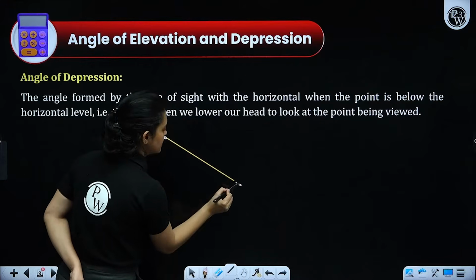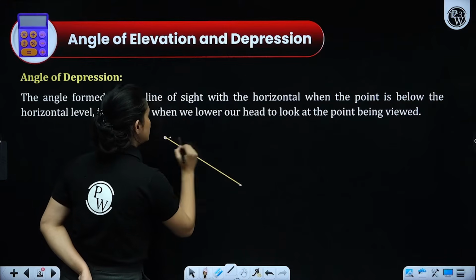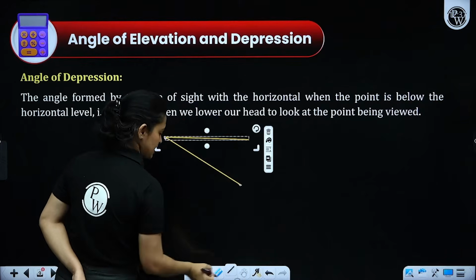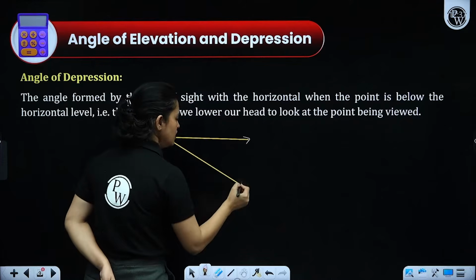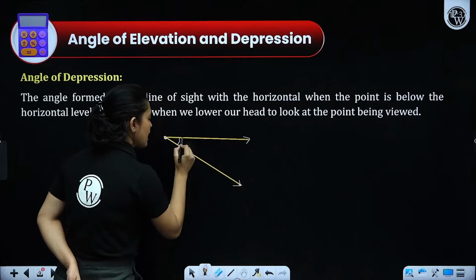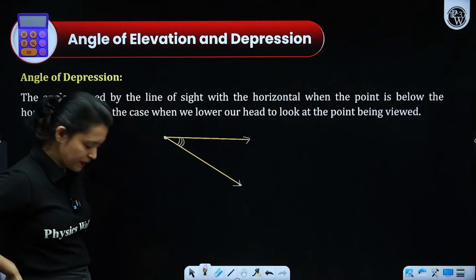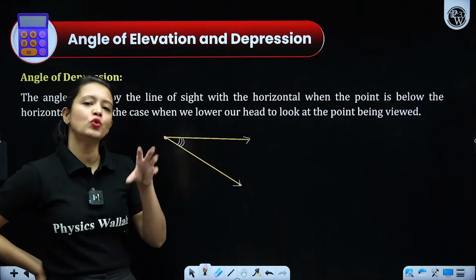Let's make it like this. Yes. So line of sight, horizontal. Now, please pay attention. See, this is your angle of depression. Okay, everyone. Now, to make your questions easier,